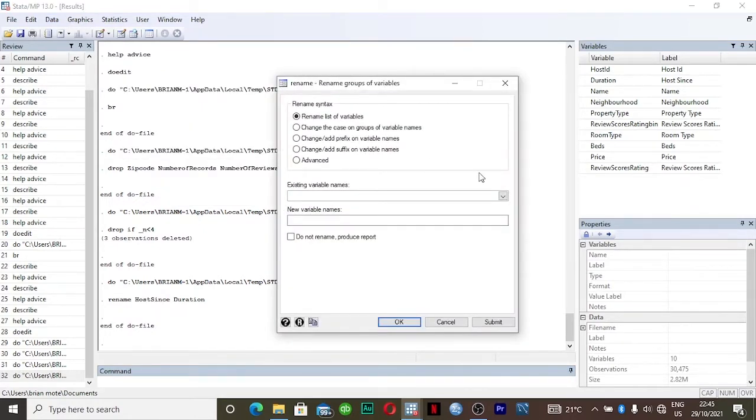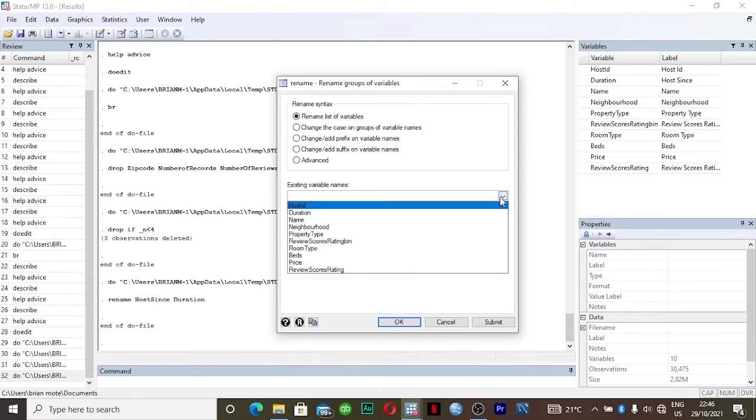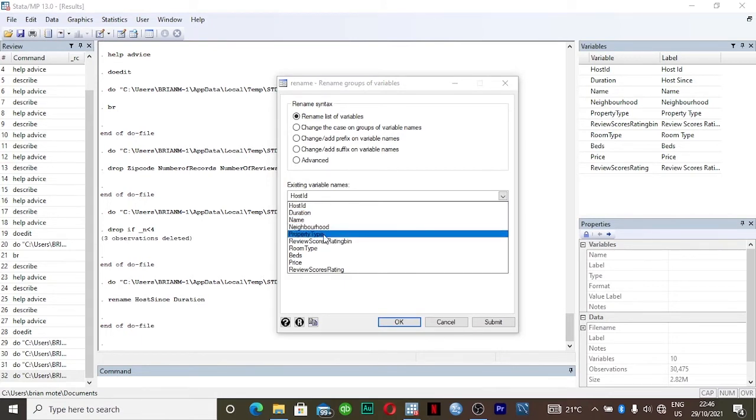Assuming I want to rename host ID, neighborhood, and beds.